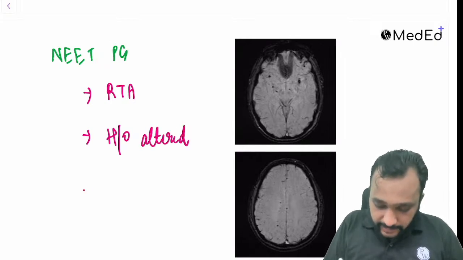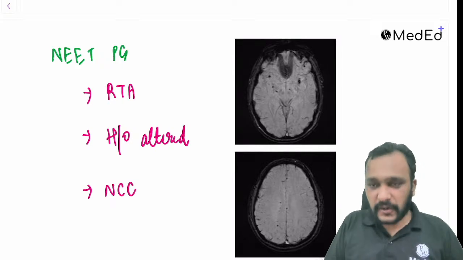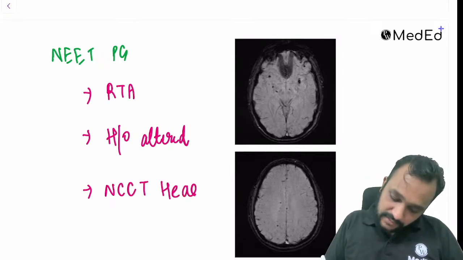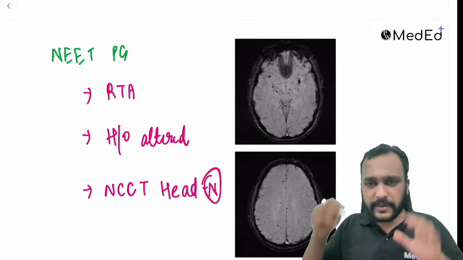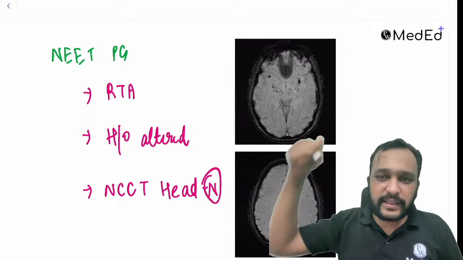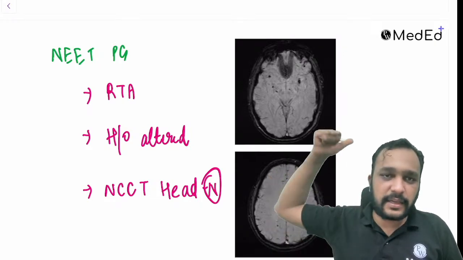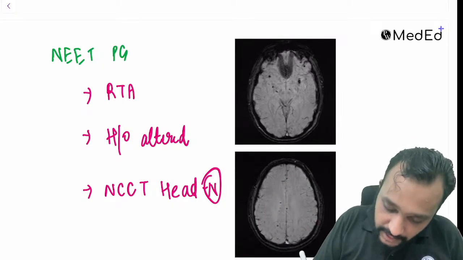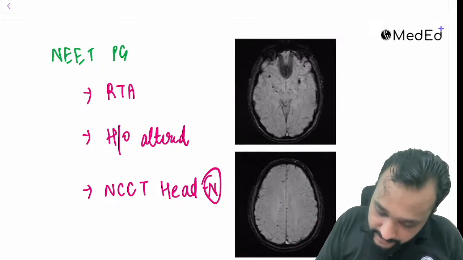And the NCCT head of the patient is normal. So guys, what will be your findings? What will be your diagnosis for this case? Very good, Dr. Chandani. So when the NCCT head is normal, history of road traffic accident, and you are given a MRI image,